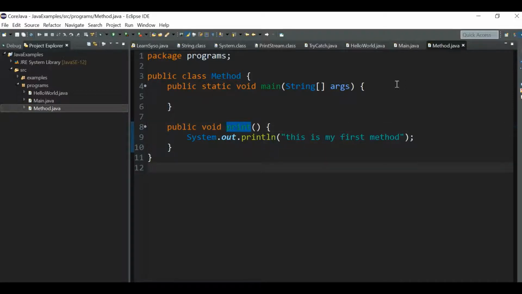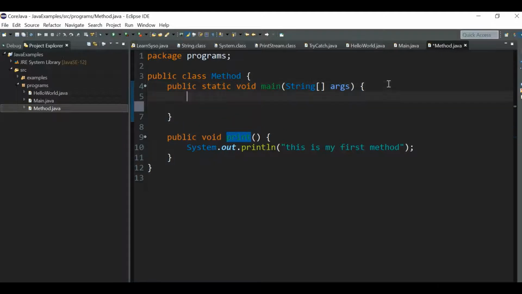We can create the object of the class by writing: Method, new Method. This class name is Method, and the type is Method, and the object reference name can be anything.